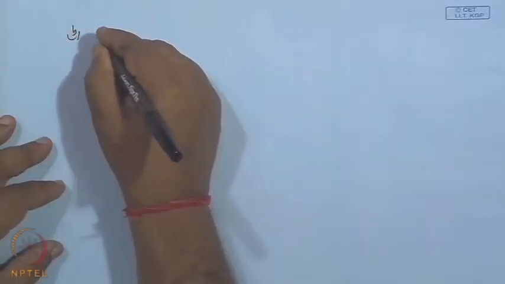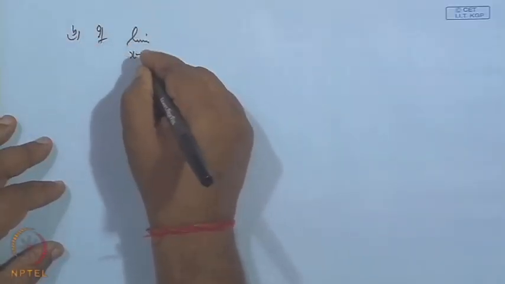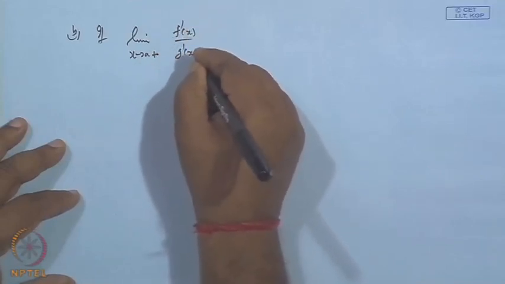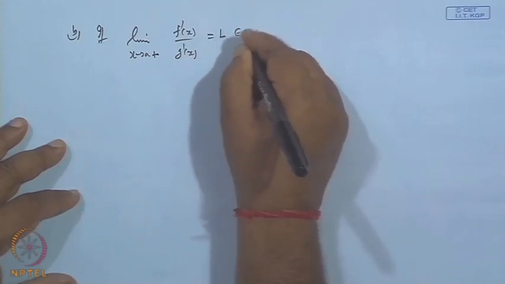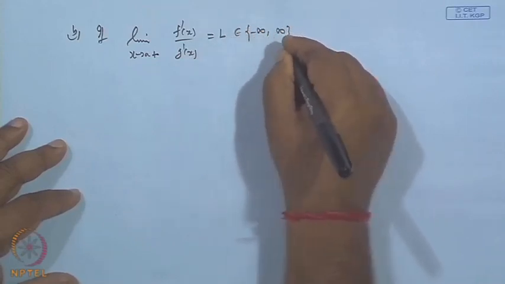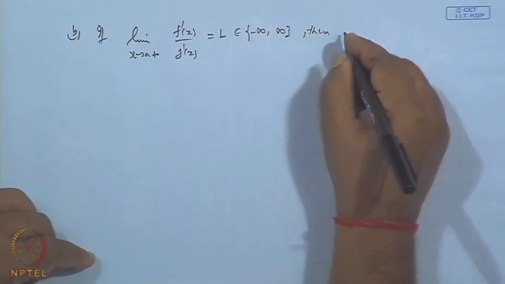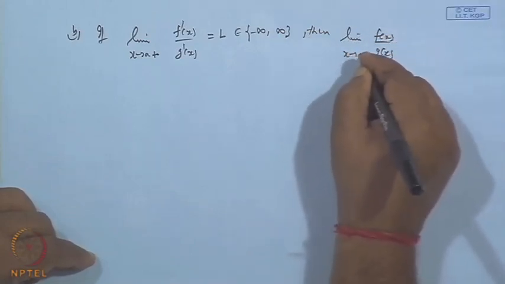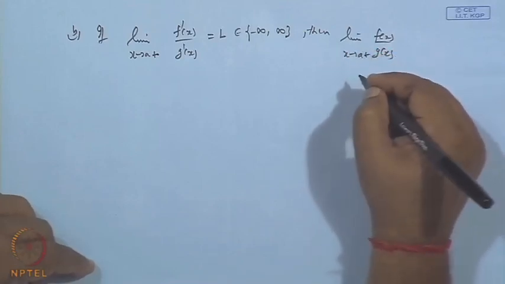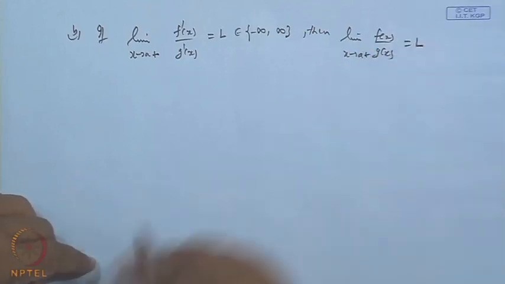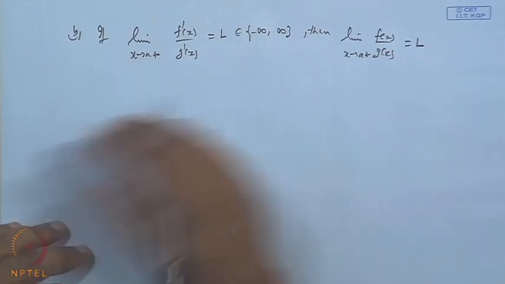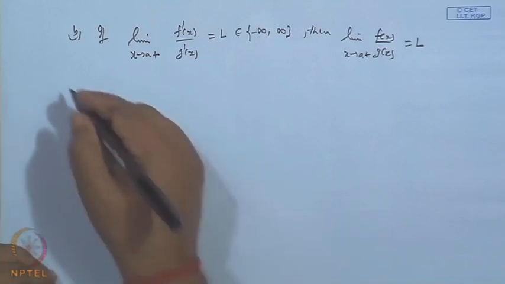Second part says if the limit of x tends to a plus, f prime x over g prime x is, say, L, which is either infinity or minus infinity, then the limit of their ratio f x over g x as x tends to a plus will also be L. The proof I am just dropping, because the proof is based on similar lines, as before,